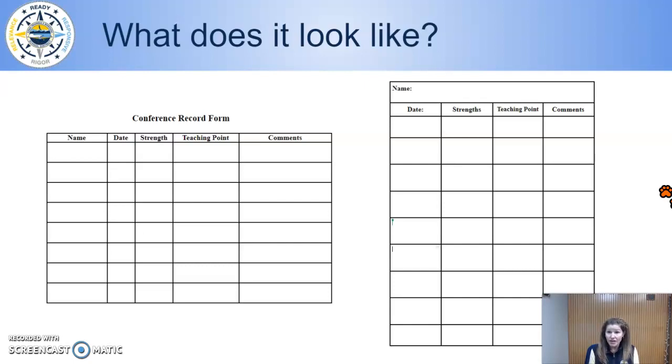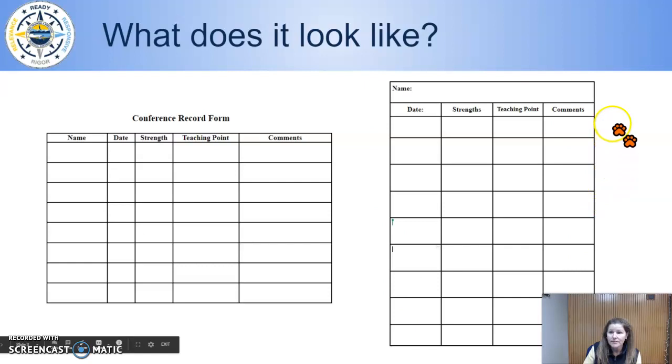Maybe you want to gather individual student data on the same sheet every time. Let's say you like this one. Having all the data in one place allows you to identify patterns to inform your word work lessons. If you notice that many students are struggling with prefix, suffix, or CVE pattern, you might want to find your phonics lesson on this skill and do it whole group, or even within the guided reading group during the word